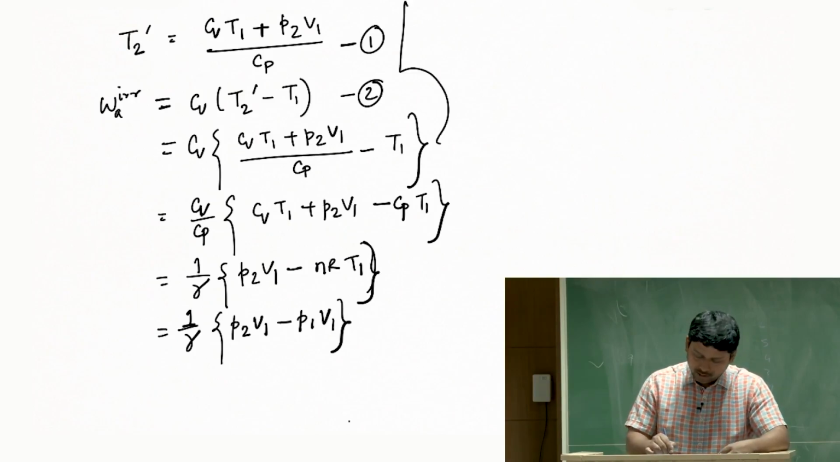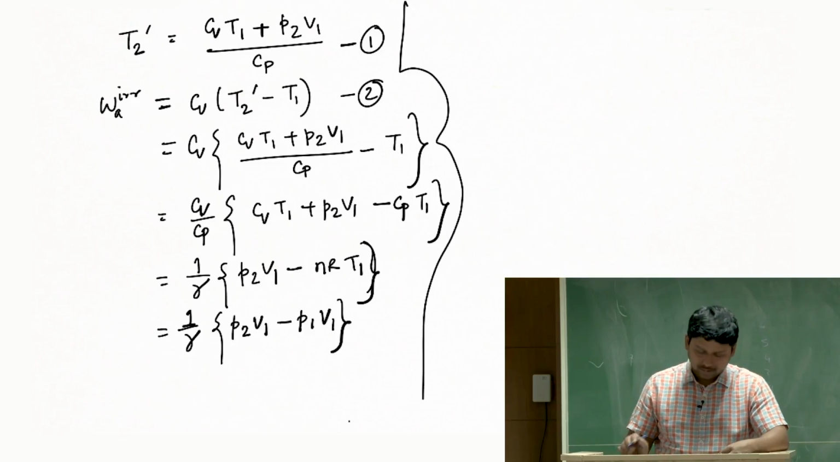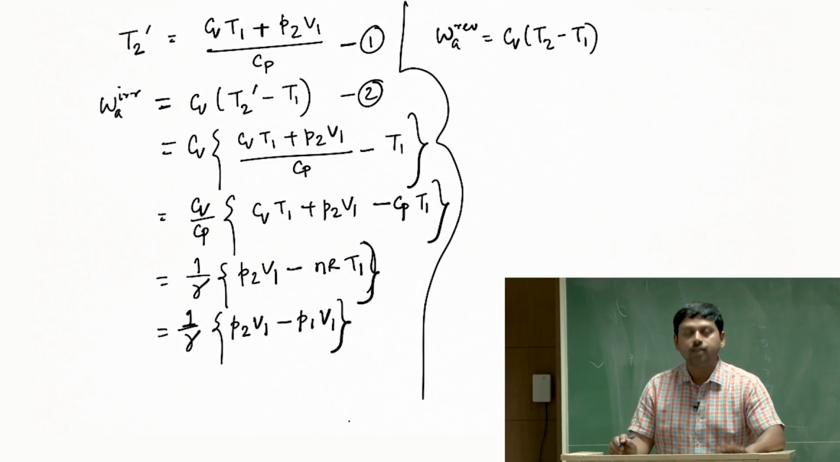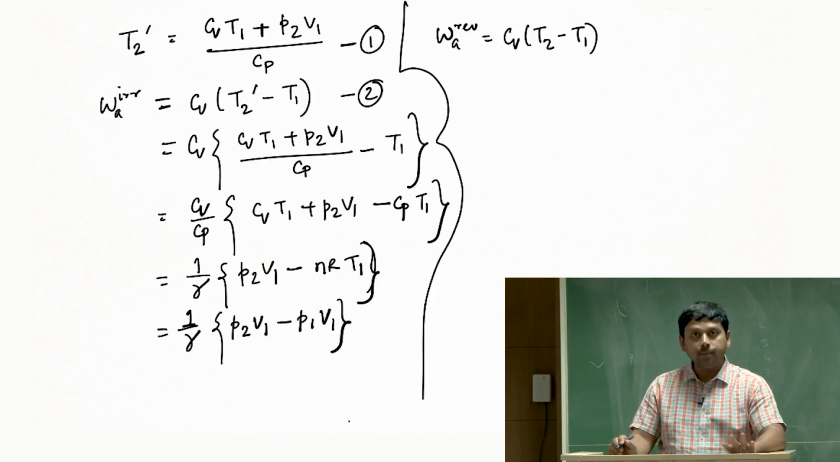Let us compare that with a reversible adiabatic process. So, the work done for a reversible adiabatic process is again Cv (T2 minus T1). Remember, the pressure P2 is the same between reversible and irreversible processes. However, the temperature may or may not be different. So, we designated that by T2 for reversible and T2 prime for irreversible processes,